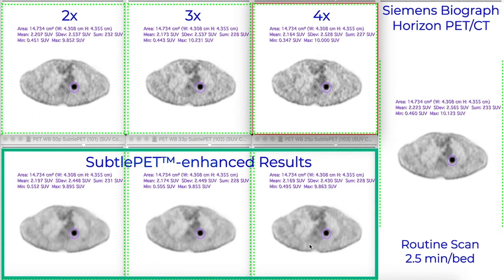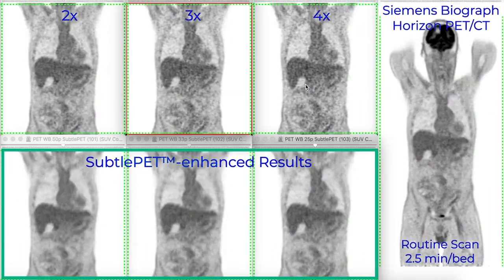Here the value is 10. In the SubtlePET reconstruction, the values are 9.9. Again, as you can see, in the top row, when we go for faster PET acquisitions, the image quality deteriorates as you go faster due to lower counts available for reconstruction. But after SubtlePET enhancement, the image quality SNR is improved, and the image quality is almost identical to that of